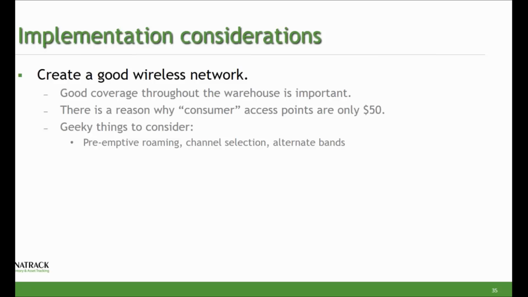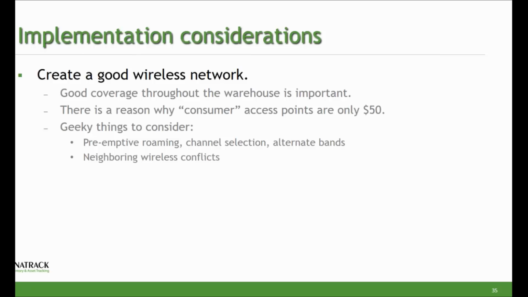It drops the signal, and then it goes, oh, I've got to find another access point so that I can connect. And the problem with that is that you start degrading the quality of your signal, and you may wind up coming off the network for just a brief period of time, but that's still enough to create some frustration. Instead, preemptive roaming is like Tarzan swinging to the vine. He was smart enough to grab the next vine before he let go of the old vine, and that's exactly what preemptive roaming does. The other thing to consider is you may be in an office park like we are,